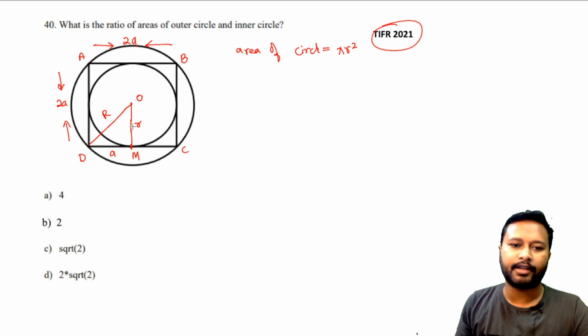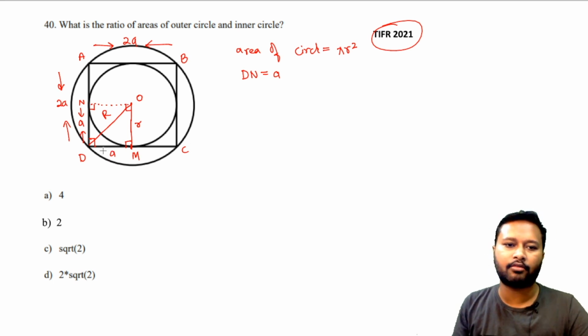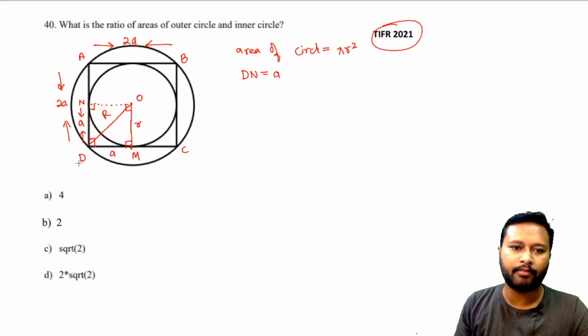Now understand that this small r is going to be exactly equal to a. Why? Because if this AD side is 2a, of course the half of that is going to be small a, right? From here to here, let's call it N. So DN is equal to small a, and there you can see that a square is getting formed, 90 degree, 90 degree, 90 degree, and 90 degree. All the sides are also proportional to each other. So basically a small square is formed here, which is OMDN. So OMDN is also a new square which is formed. So every side is going to be the same. So that means that this side small r is going to be equal to a.